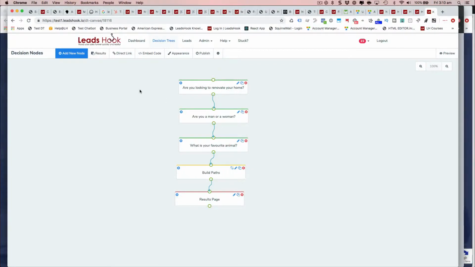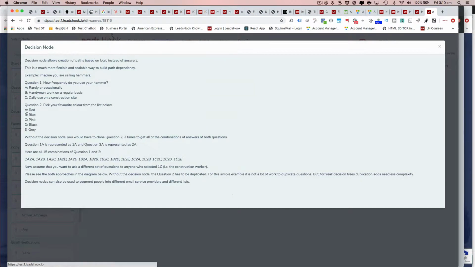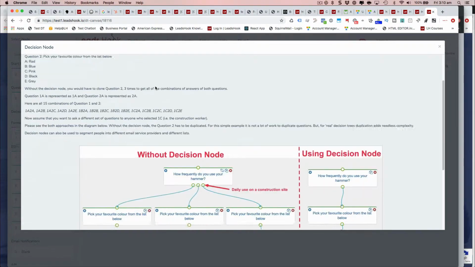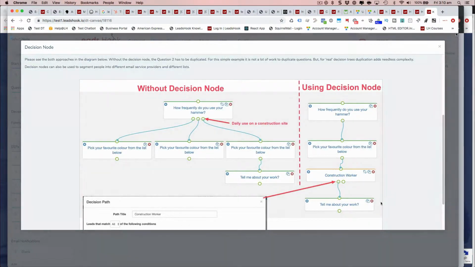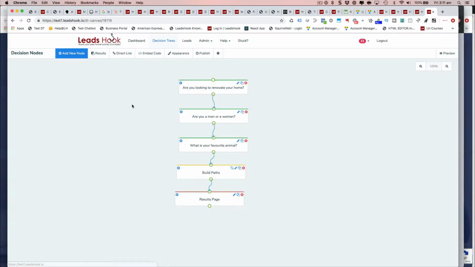Hi everybody, just want to make a quick video today on decision nodes, which is the yellow node over here. Drag and drop from right over there. That's the decision node, and it explains a bit about how it all works. All right, so I just want to give you an example of what to do if you wanted to use